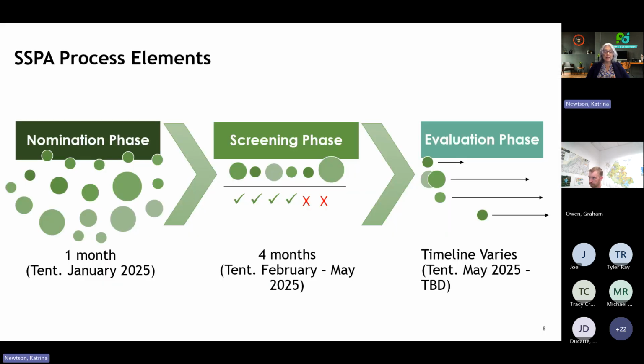The SSPA process consists of a 1-month nomination period in which anyone may submit proposed changes to the comprehensive plan with the property owner's consent. Following the nomination period, the board approves the list of nominations that will be accepted into the process via an action item and can pull items that should not proceed at that time. Items that are accepted then proceed to screening, during which time staff conducts a high-level policy review of the nominations, conducts community meetings to obtain early input, and provides a recommendation on which items should be included on the work